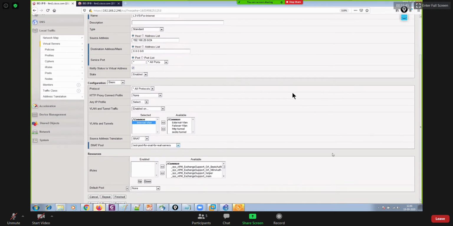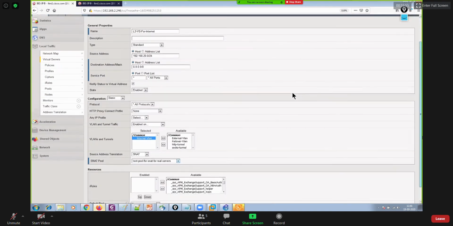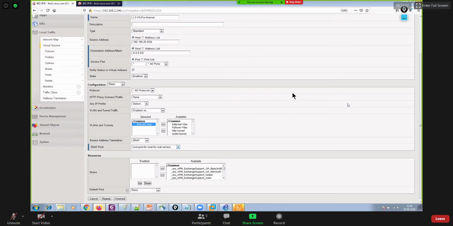But you can look at here. There is no way to attach your pool even, right? So this is not for load sharing, right? This layer 3 virtual server, forwarding IP virtual server, is to configure your Big-IP as a router only, right? So you can see that even you cannot attach any pool over here. There is no option for that. Do you have that option to attach the pool over this virtual server? Of course, no, you don't have that.